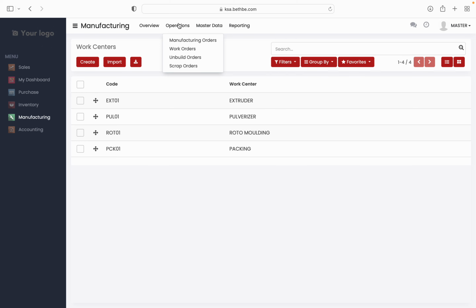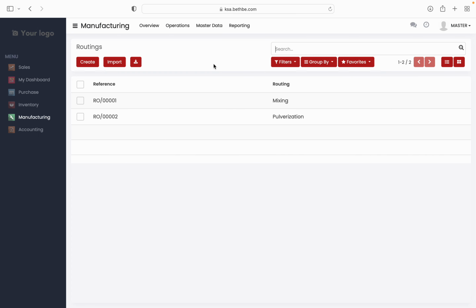So under the operations, under the master data, we have to define the routing as well. So what are the procedures taking place in these work centers? That is what is meant by routing. So in the routing, I just created two routings, mixing and pulverization. So in the mixing,